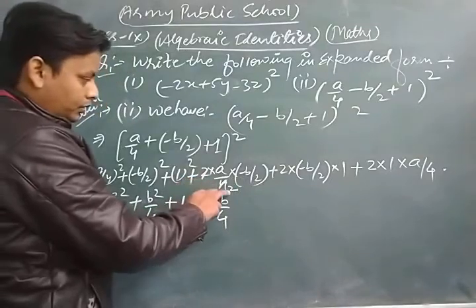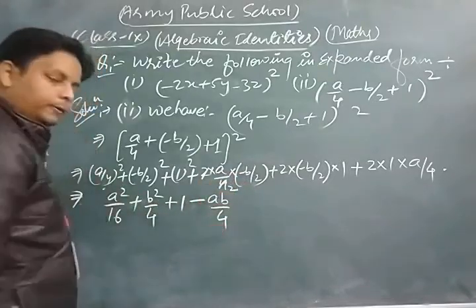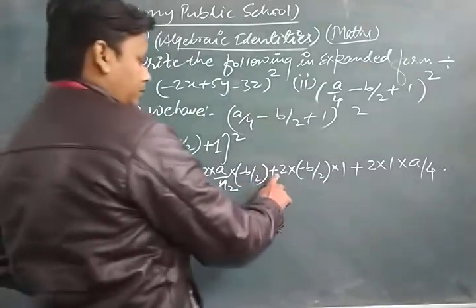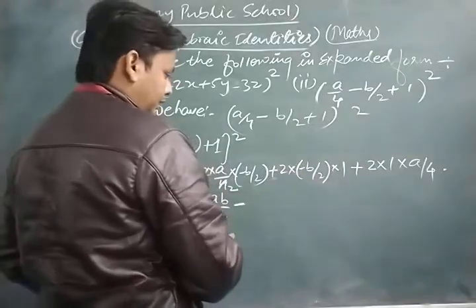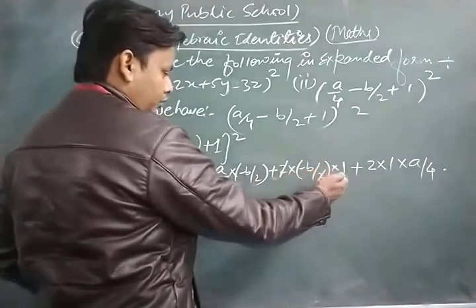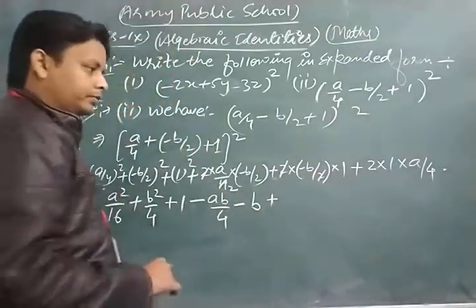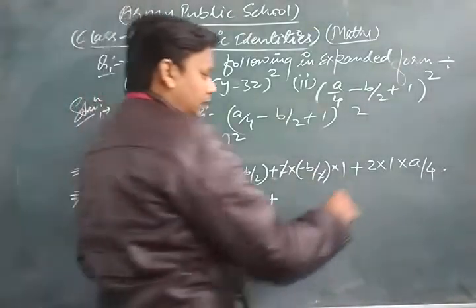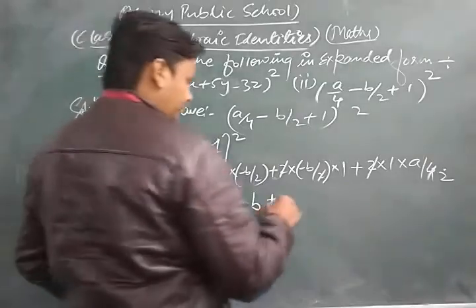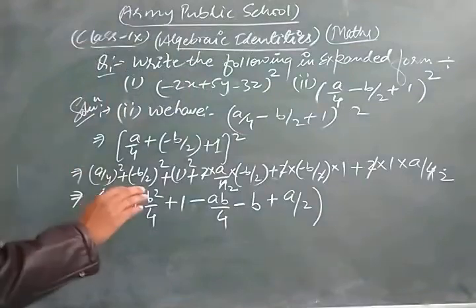Okay, and here 2 2s are 4, and they multiply a into b, that is ab upon 2 2s are 4. Now look here, this plus minus is converted into minus. Now the 2s cancel each other. Now b into 1 is b, write it as it is. Now here this is plus, 2 2s are 4, so a into 1 is a upon 2.